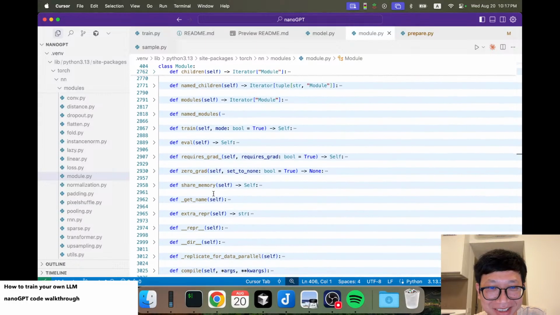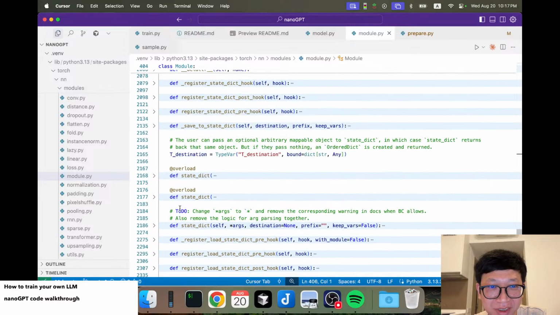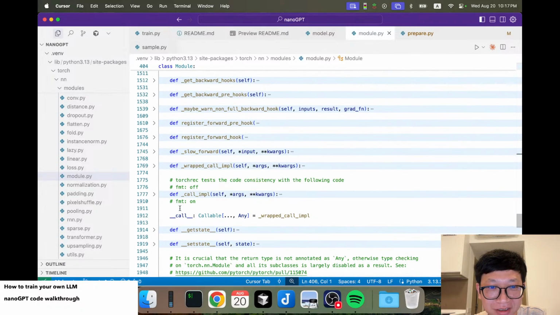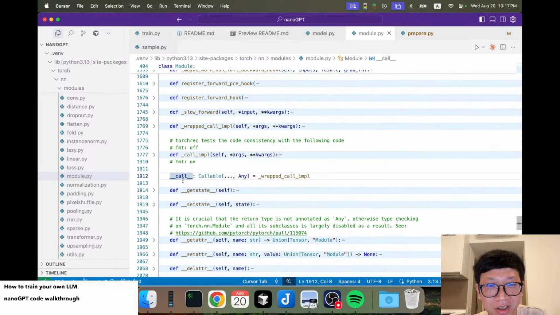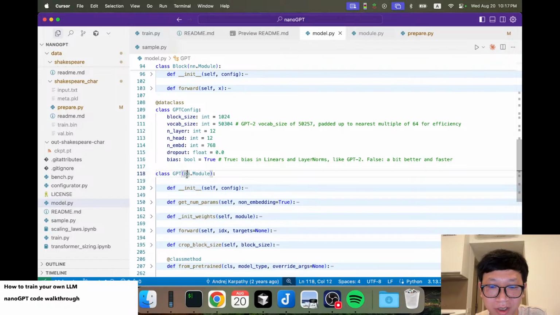There are a lot of methods here, but essentially the one that is very important is the call method. The call method is called when you run this model, right? So when you run this model on an input, it will give you an output, which is how you run the inference. So if you take a look at the GPT model we have here,